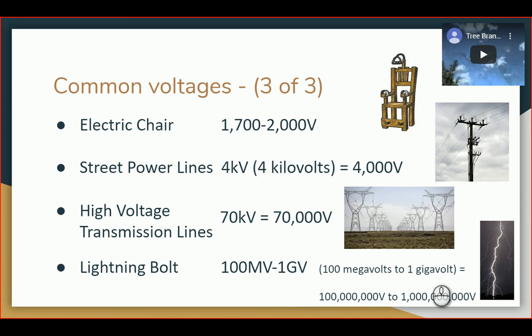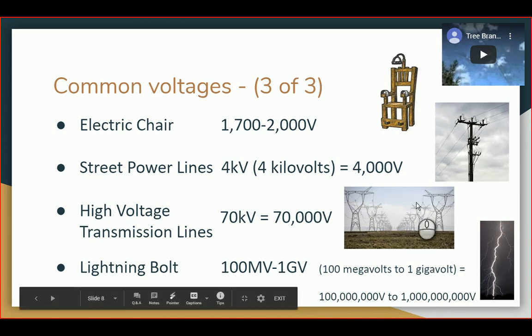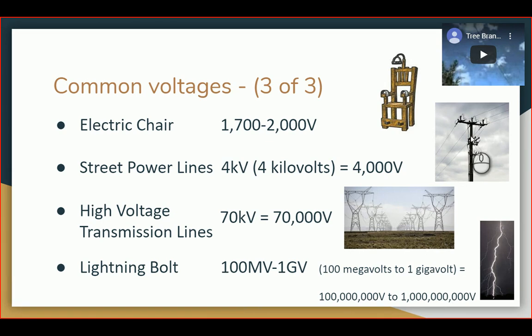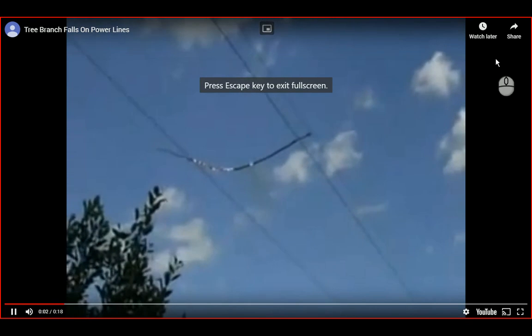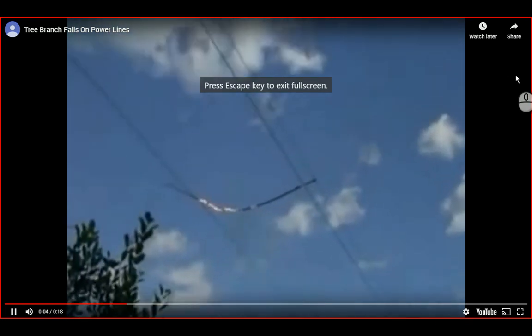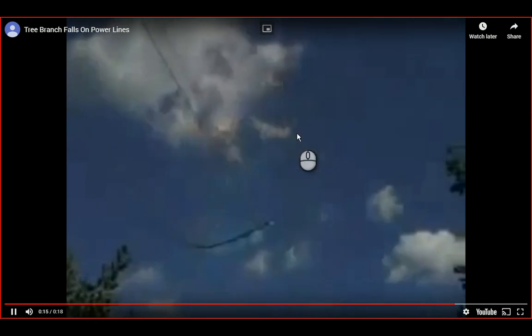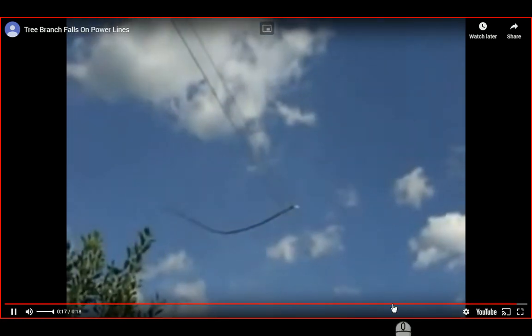Okay. So with these transmission lines, that's not the case. If you get electrocuted by one of these, it's going to continue electrocuting you. So I actually have a little video that I want to show you. Here we can see the branch. It's actually touching two different power lines. You can see steam is being released, and there goes the arc. So if we watch this one more time,